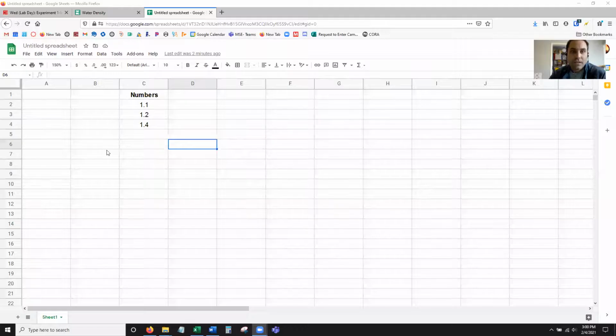So I'll go ahead and pop over to Google Sheets, share my screen. Here it is. The first thing, if you want to find an average and standard deviation, you have to have some numbers. So I have generated some numbers. We could also call this data. These don't mean anything at all right now. It's just 1.1, 1.2, and 1.4. And I'm going to find the average of these numbers